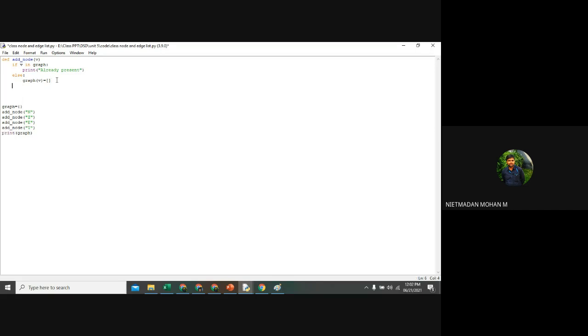And now I want to add the node. Add the edge. How many arguments do I want to pass here? Two arguments, V1, comma V2. I am creating an add edge of n, comma I. So again, what do I want to do after adding an edge? What is the first condition in an add edge function?